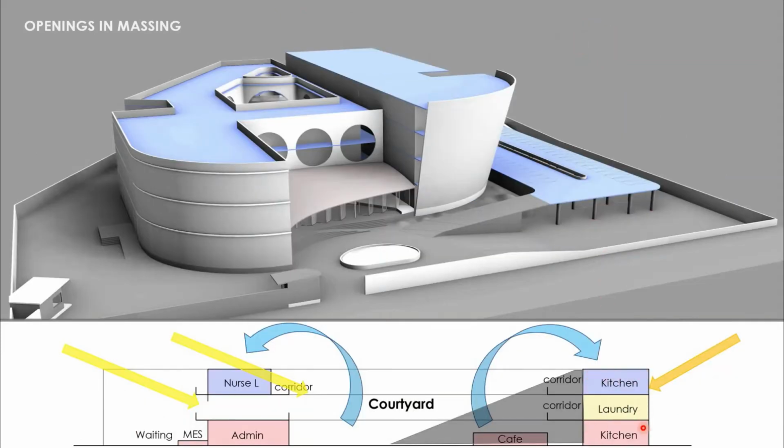We have heavily built the southern facade with all the service spaces which will obstruct the harsh sunlight coming from the southern side and will provide a nice shade above the cafeteria. Also, we have provided openings on the northern side, which will allow the north light to enter into the courtyard.